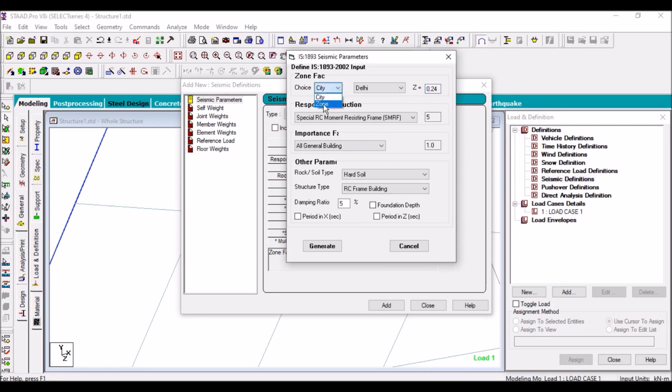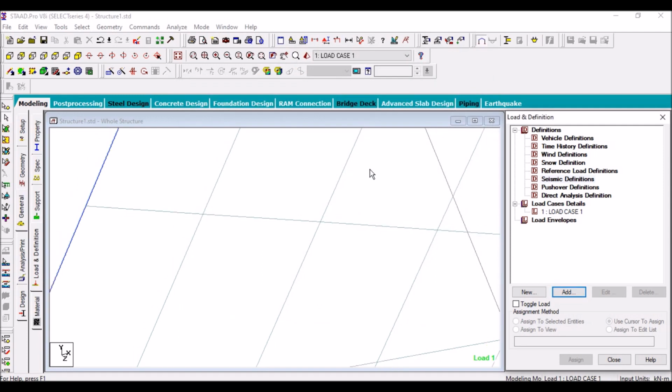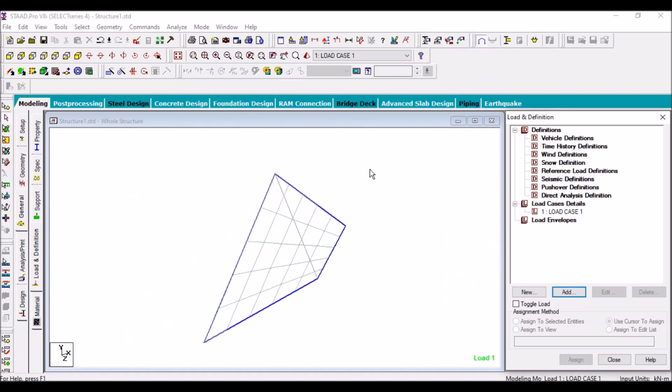If you want to select from the zone, just select zone 5, zone 4. It depends on which zone you are going to design your seismic structure. Here you can see change. If you want to change anything, what kind of soil is there, what kind of structure this is. It is a frame structure, all other buildings structure. It depends on how the structure is going to be designed and constructed